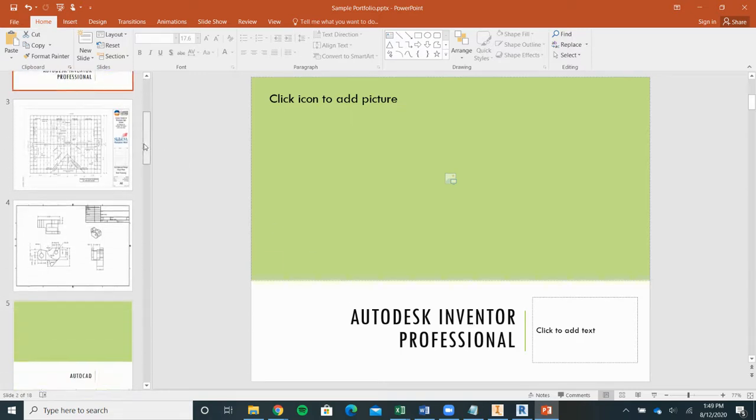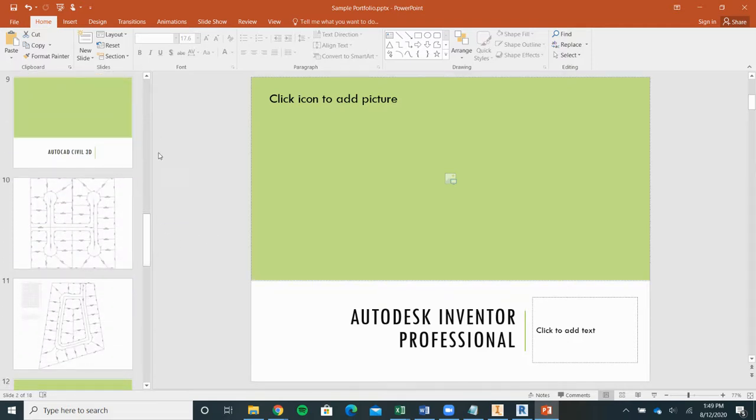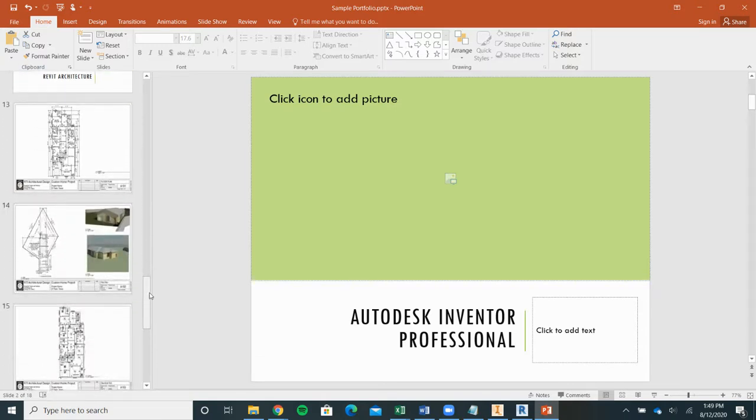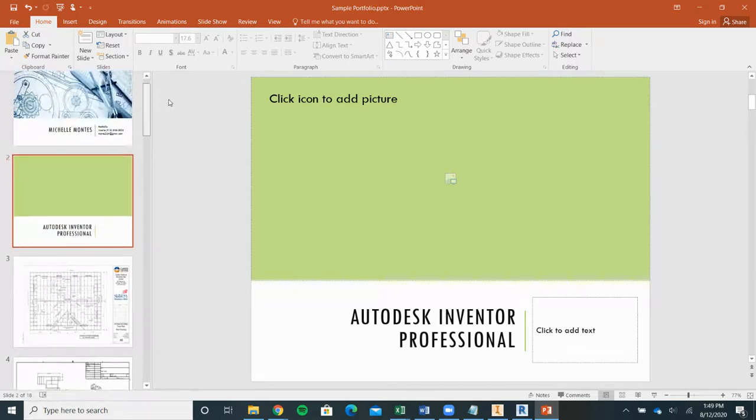Again, this is just a simple portfolio that you can use now and in the future. You can update it later. I would update my exhibits with better work as you progress, with more work and more intricate work and nicer work. But nonetheless, this will at least get you going with a portfolio for the class as a requirement. And as job interviews come